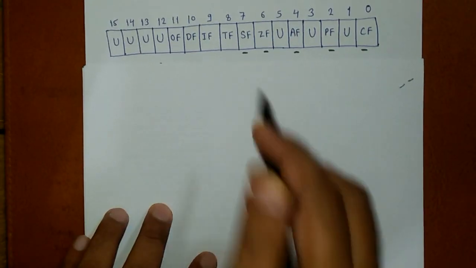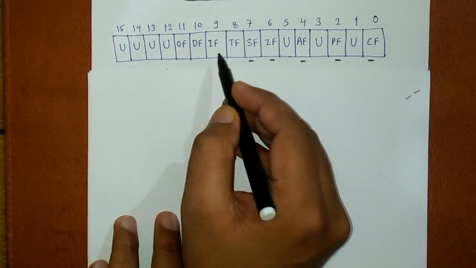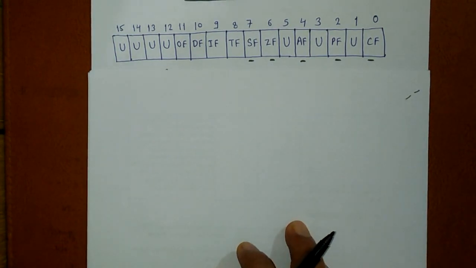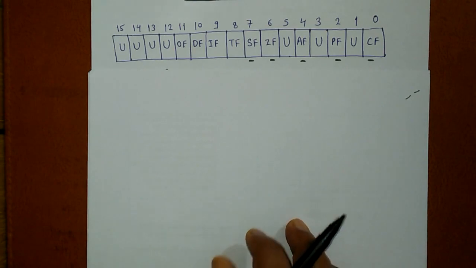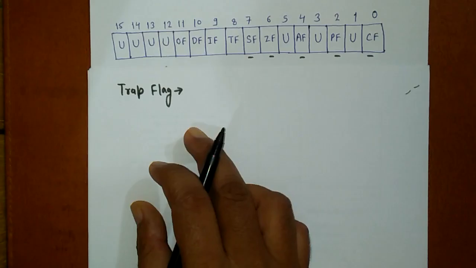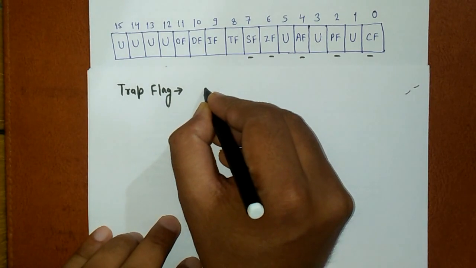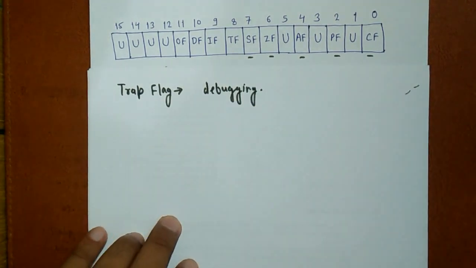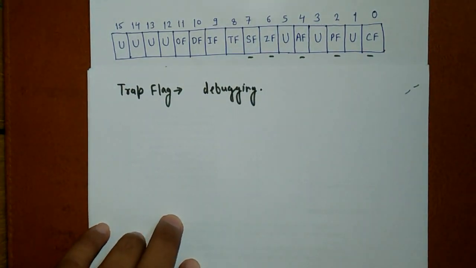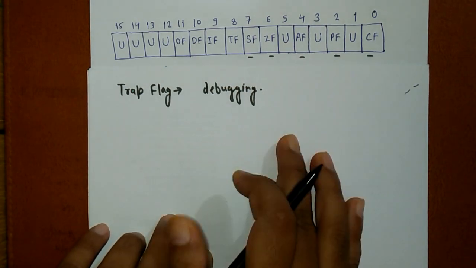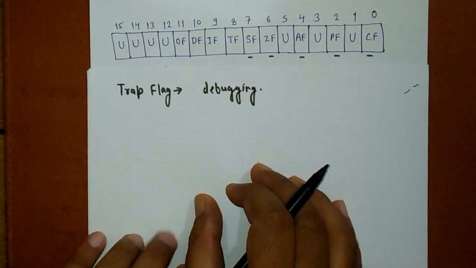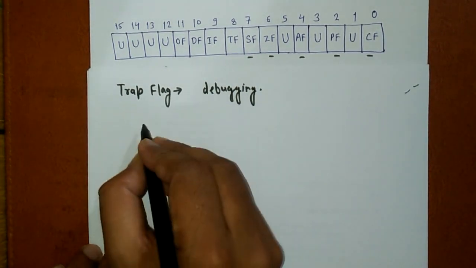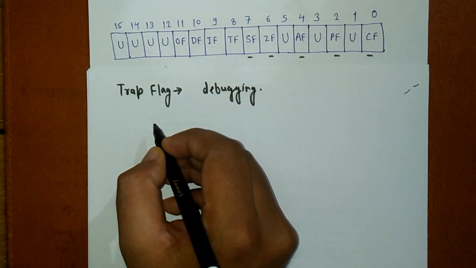Now we are moving to the next three flags, which are the control flags. These flags control certain operations in the 8086 microprocessor. The first one is TF, the trap flag. This flag is used mainly for debugging. Debugging means correcting your program. If there is an error in your program, you can run it in single step, that means one by one: only one instruction will run and then execution will be stopped, and then again if the trap flag is 1, the next instruction will run. So the trap flag is also known as single step.